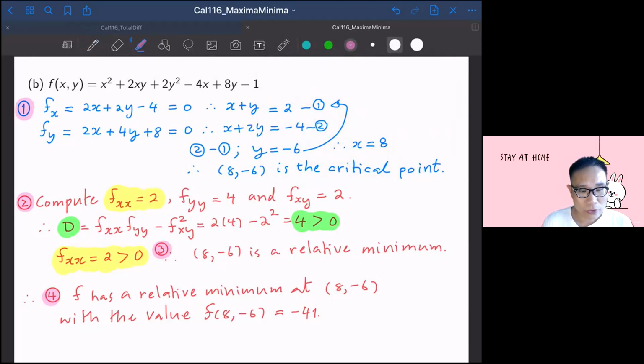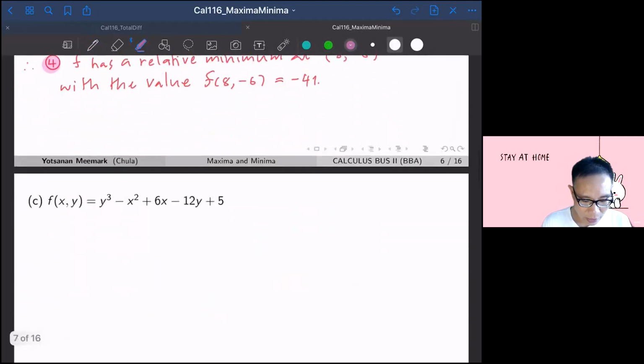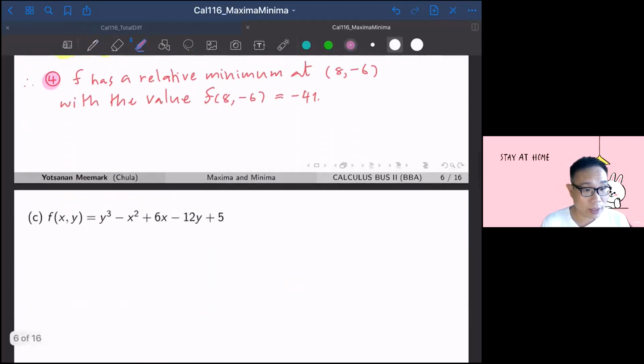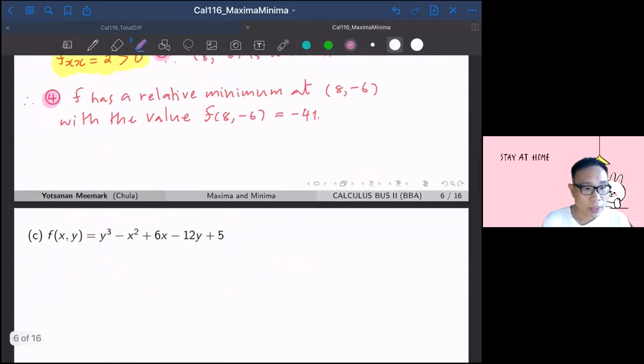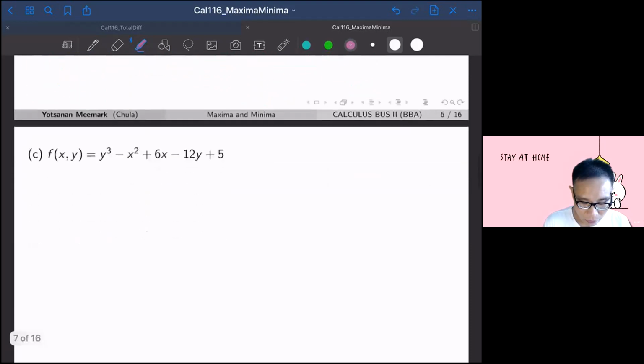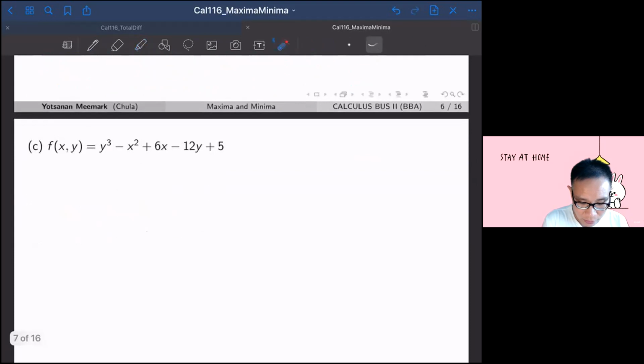Okay, so you see we have D as a constant for these 2 examples. We're gonna have D which is not a constant in the next example. You have f(x, y) equal to y cubed minus x squared plus 6x minus 12y plus 5. Okay, so you're gonna find the critical numbers for me. So the first step,